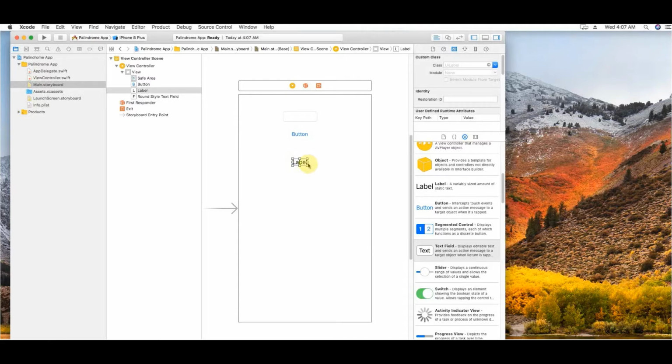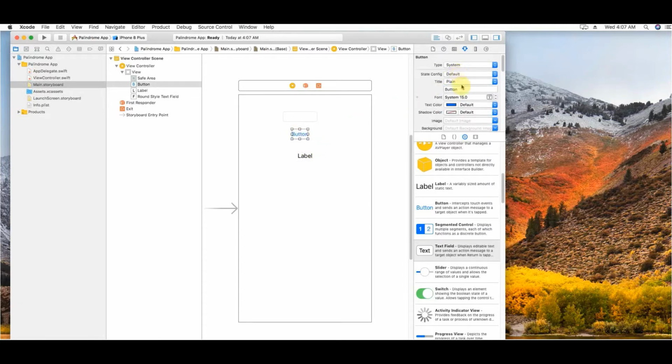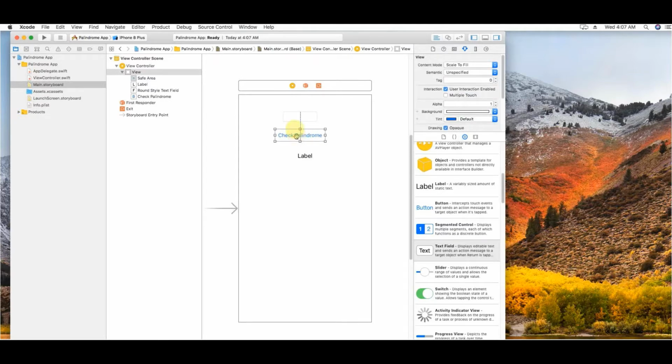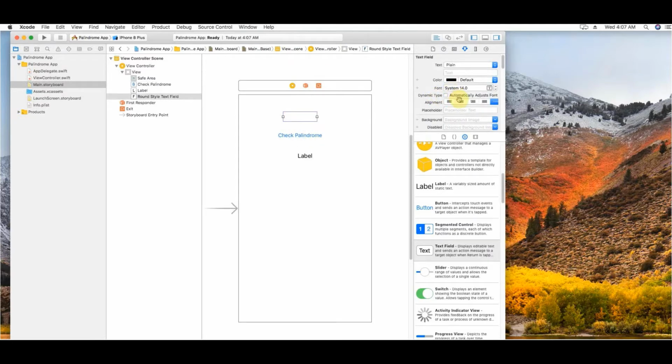In the label, I can make it a bit bigger so that we can accommodate the text. And I'll make it center aligned to make it look a bit better. And this button I'll rename to say check palindrome. Yes, perfect. The size is a bit small, so we may have to make it a bit bigger so that the complete word comes up. You can choose any name over here. I'm just trying to make it a little bit fancy, and that's it. So I'll make it center aligned.